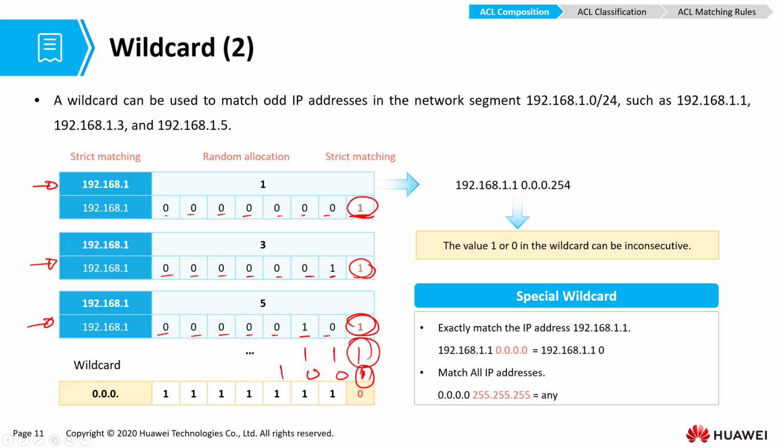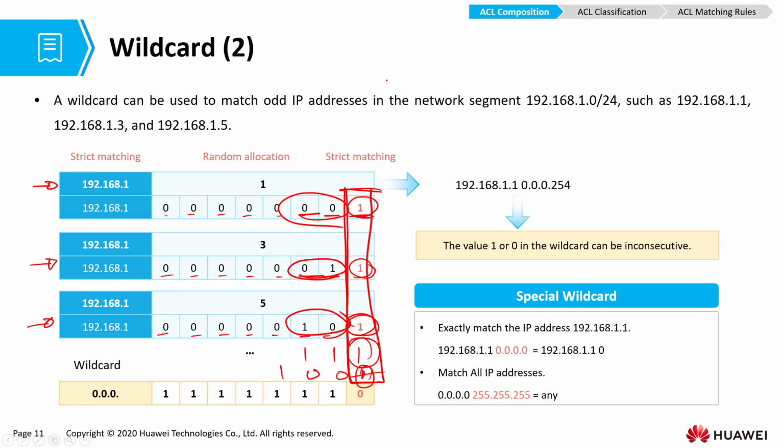Look at them. Look at all odd IP addresses. The last bit is going to be 1. It doesn't matter what these other bits are. These ones keep changing, as you can see. They keep changing depending on the number, but the last bit for odd numbers